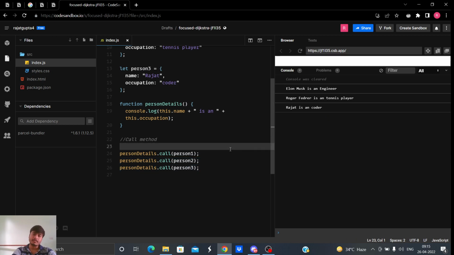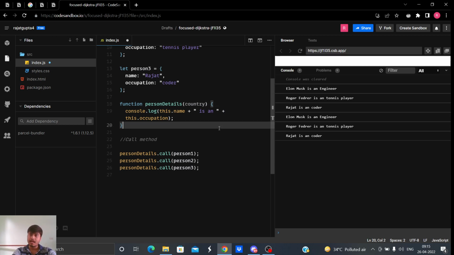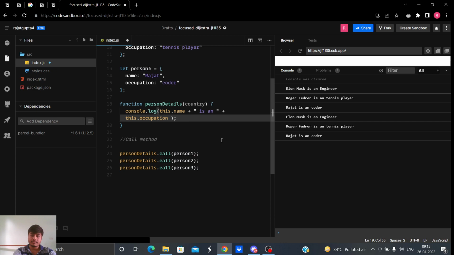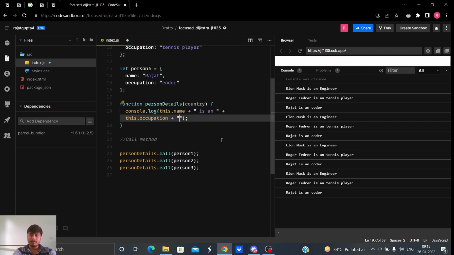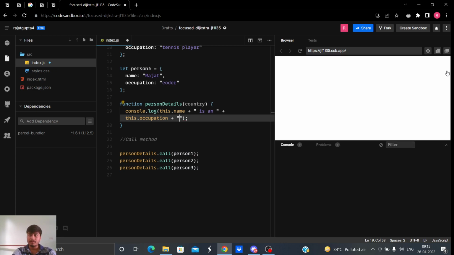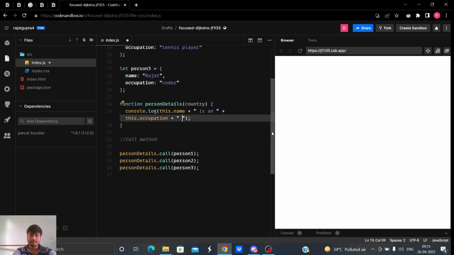Now one more thing I want to show you is, let's say there is a parameter here. Let's say that parameter is country. Let's say I want to print something like Elon Musk is an engineer and lives in US.